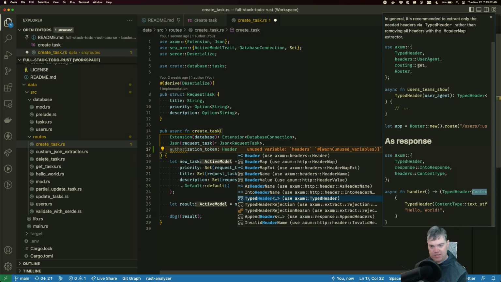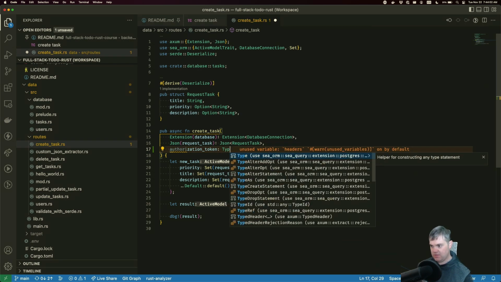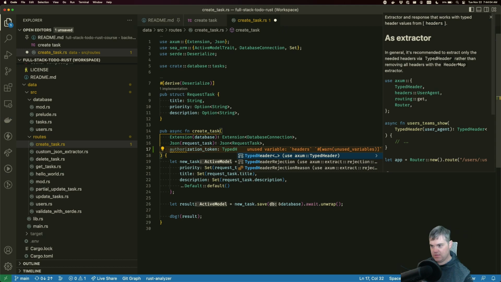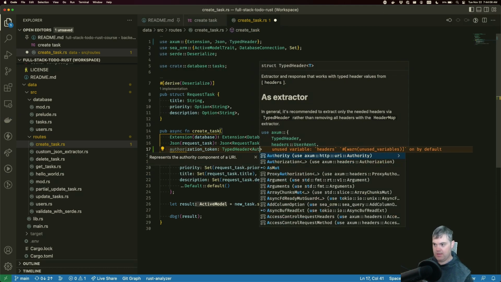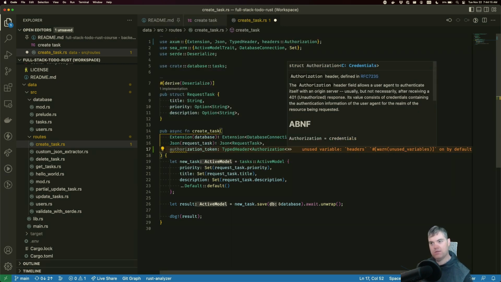Oh yeah, I guess we're not showing everything here. But okay, so then I can do authorization. So this is what? Typed header? Authorization. The authorization header field allows the user agent to authenticate itself.